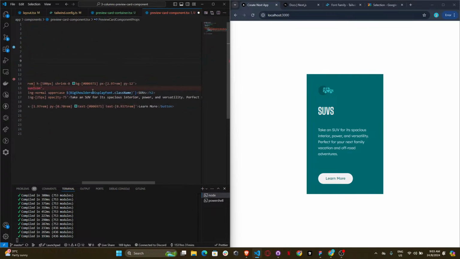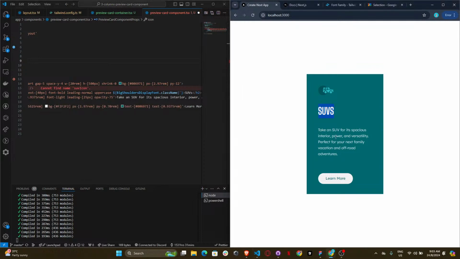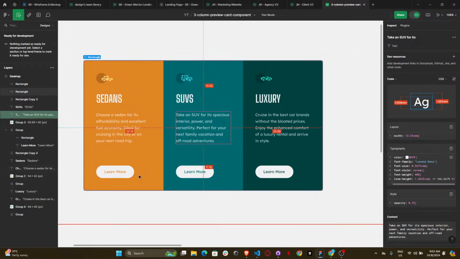Okay, so we do require the title. So it would be the title and then description. And here the button would be that same name. So I might not require to take the props, but in case